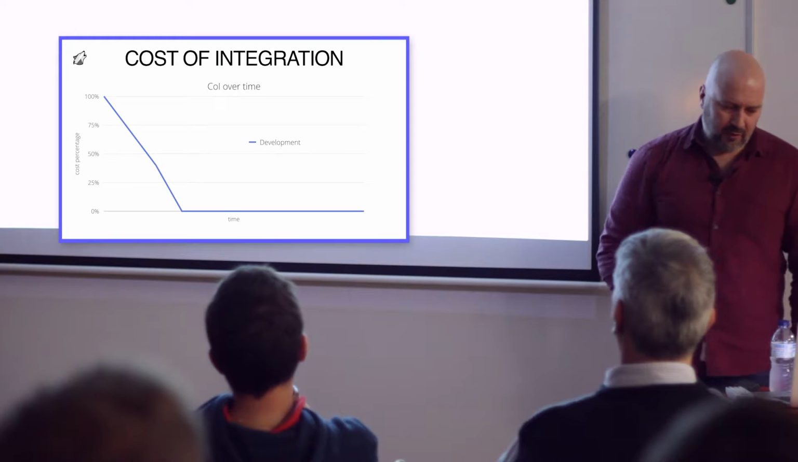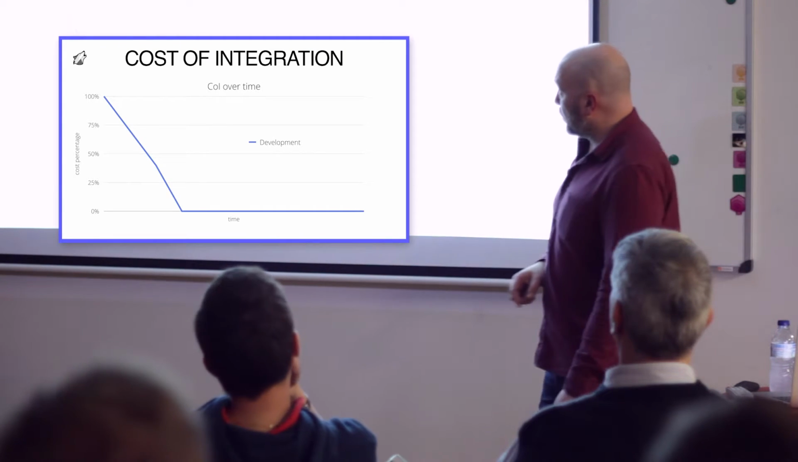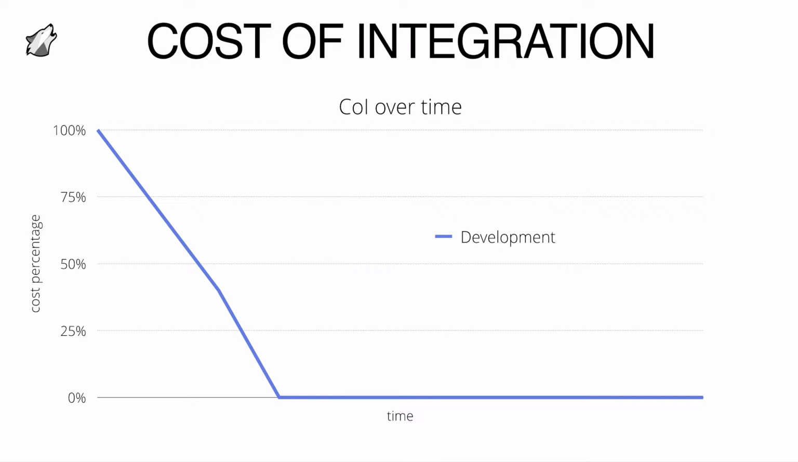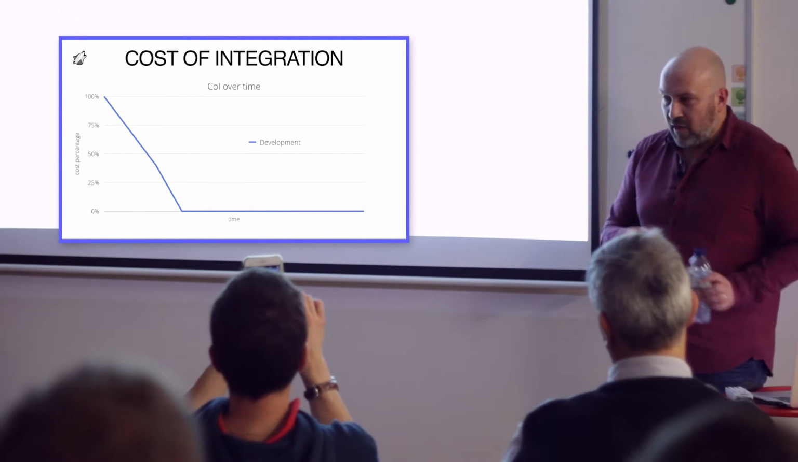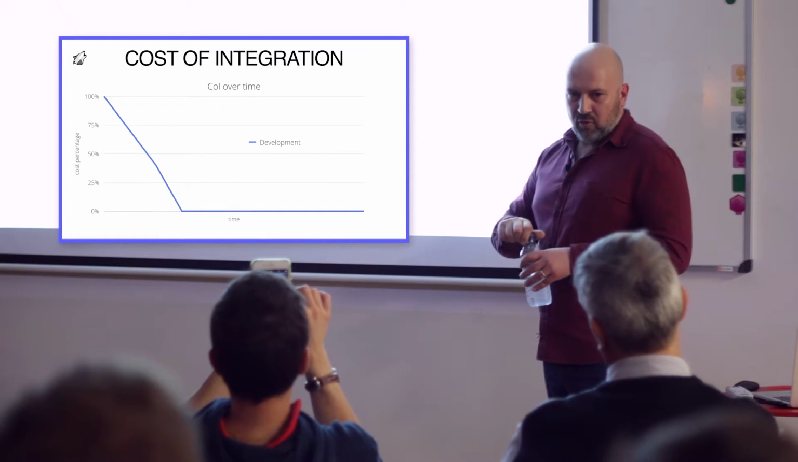So another way of looking at this is to look at it from a time perspective. So the cost of integration over time. What usually happens in the very beginning is the development cost is 100% of total cost. So you're just developing the API, developing the integration. And over time, it gets to a point where you're not developing anything further. So let's say the integration is finished, it's released, tested, and so on,